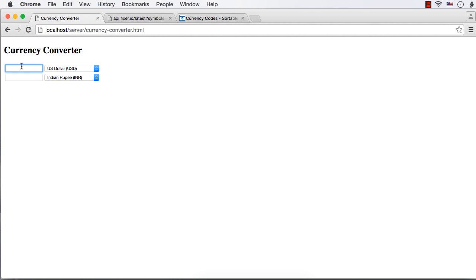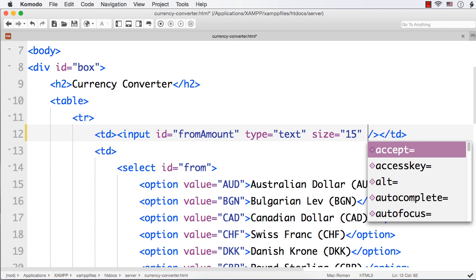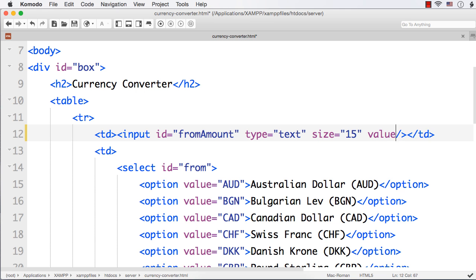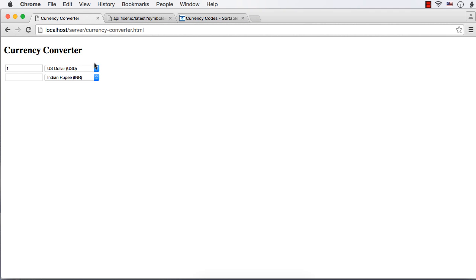And we can make the default value for this text box to be 1. So what I can do is, within this I can change its value to be 1. So I am making its value as 1. Okay. Now what we need, we want to align this to center. So what we need to do, we need to do some styling.